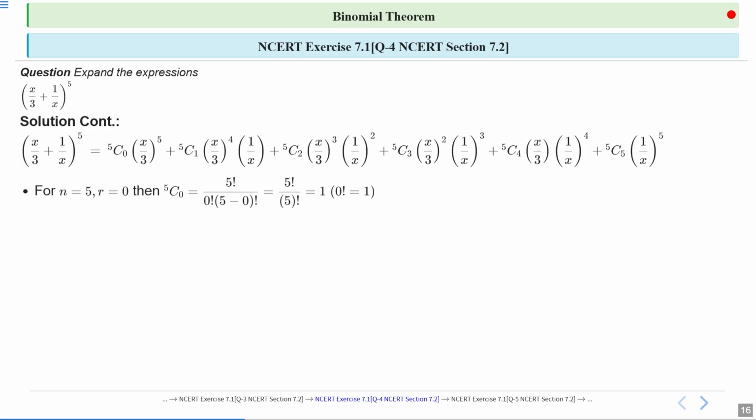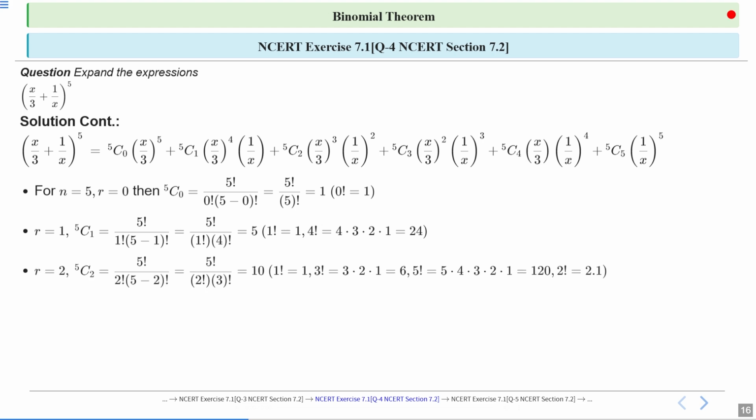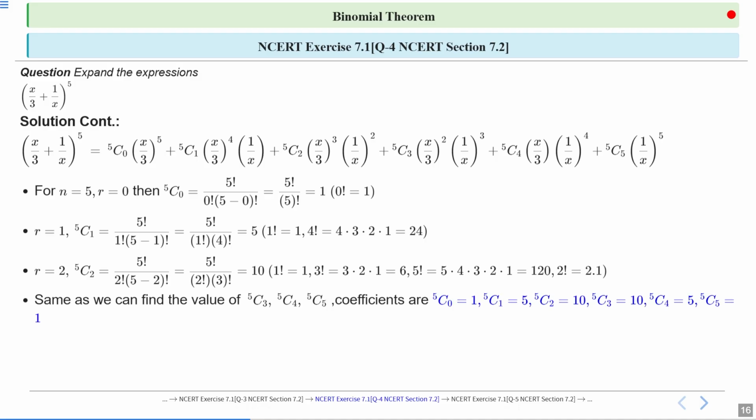For n equal to 5, r equal to 0, 5c0 is 1, r equal to 1, 5c1 is 5, r equal to 2, 5c2 is 10. And similarly, we can find the values of 5c3, 5c4, 5c5. The coefficients are 1, 5, 10, 10, 5, 1. Put these values in the expansion, then we get